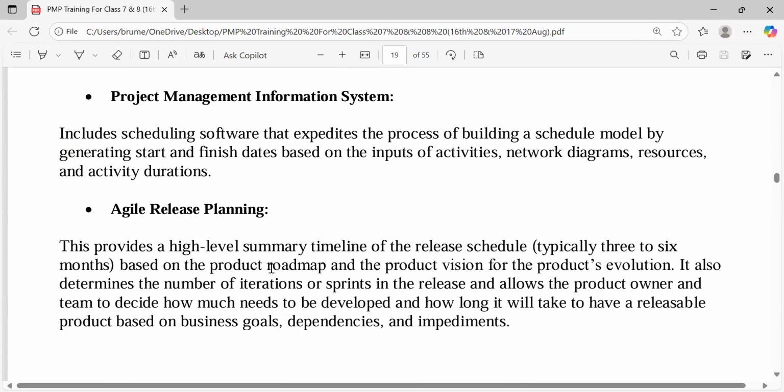Okay. Yesterday I told us about the project management information system, which includes the scheduling software. Now agile would have to do with a kind of project management that would enable us plan things at the high level, talking about the summary of the timeline, and it will speculate into the release of this schedule. And according to PMI, we are planning things within 3 months at a time. We may not want to schedule things more than 6 months, so between 3 to 6 months, we want to